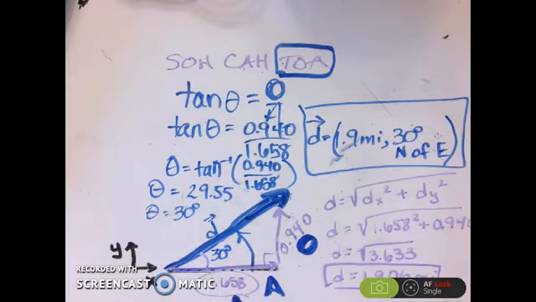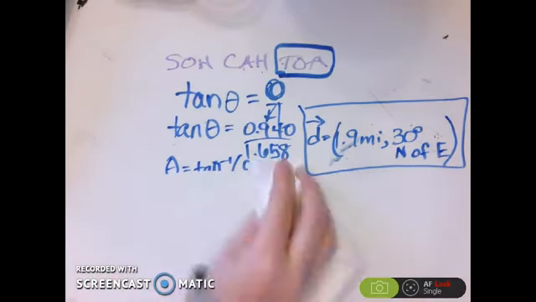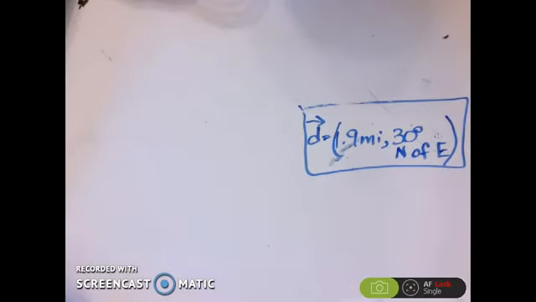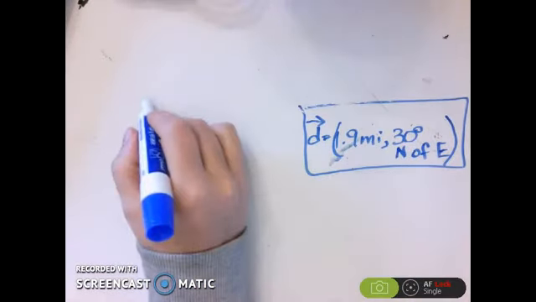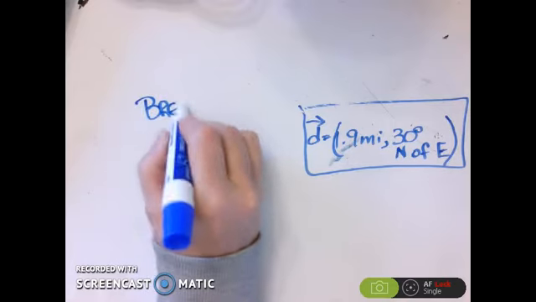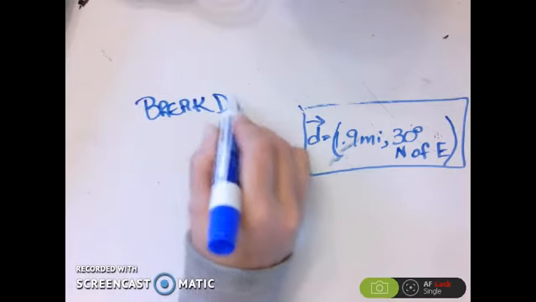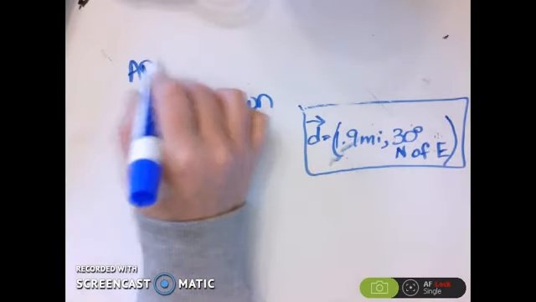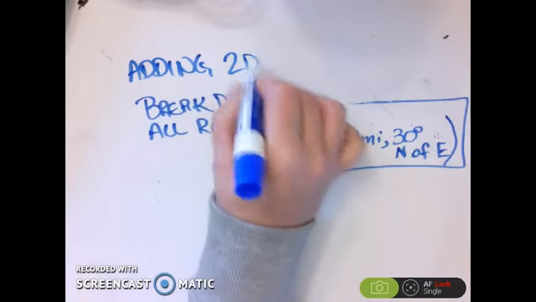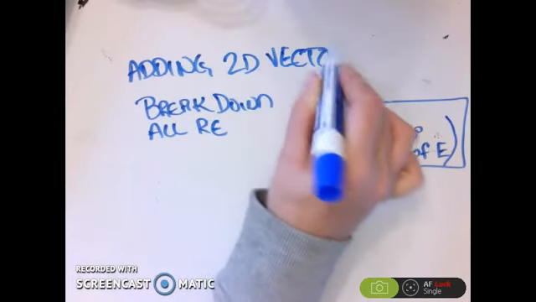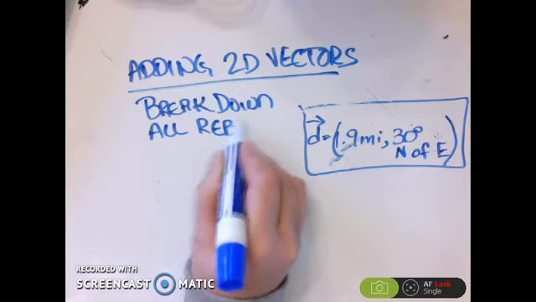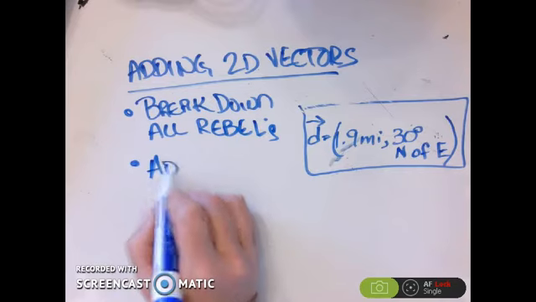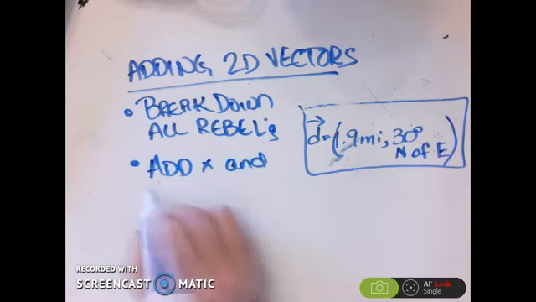So let's just overview what we did. We wanted to find out what our vector was. So we broke down all rebel vectors. And again, this is adding 2D vectors. The first thing we need to do is break down all rebels, all those rebels without a cause. Then we add x and y components